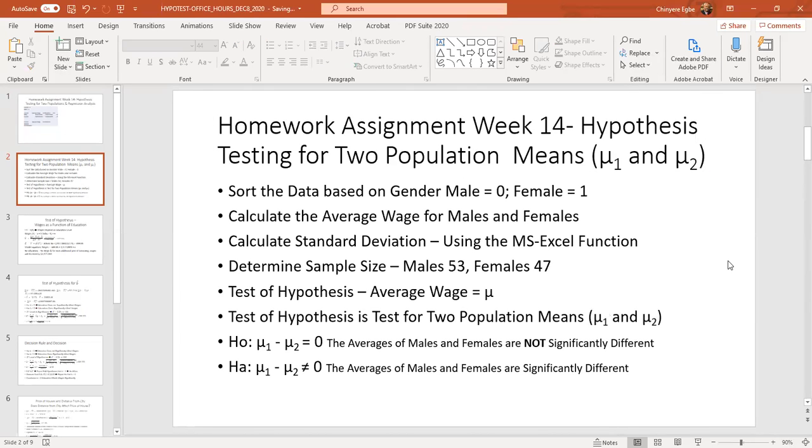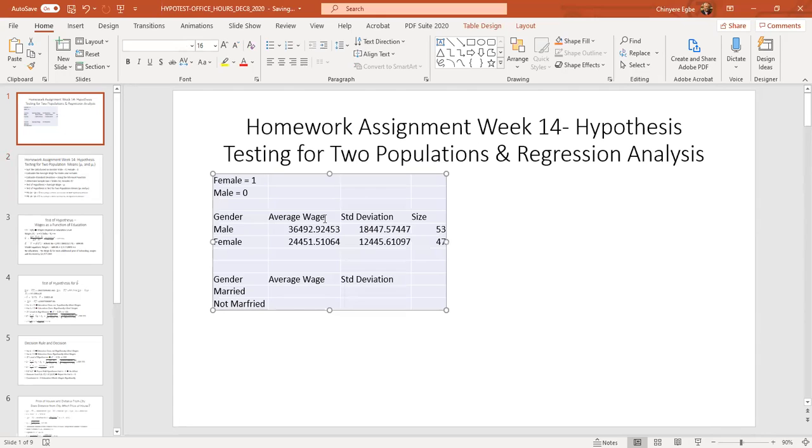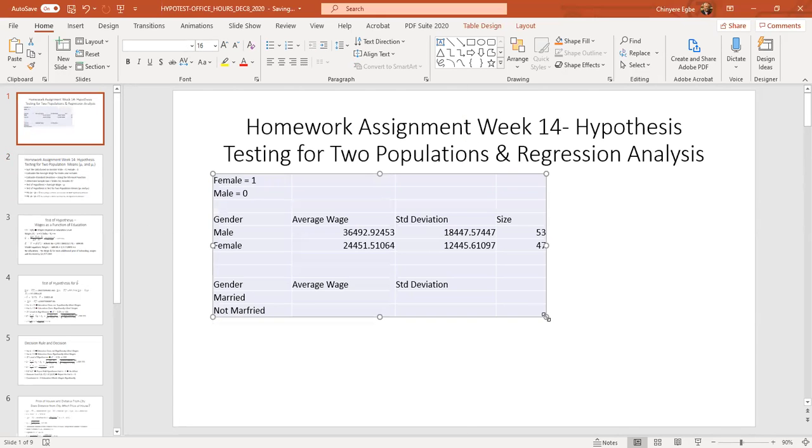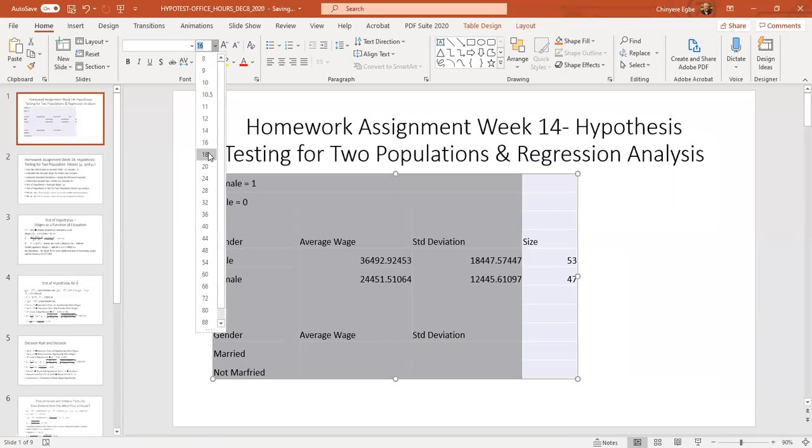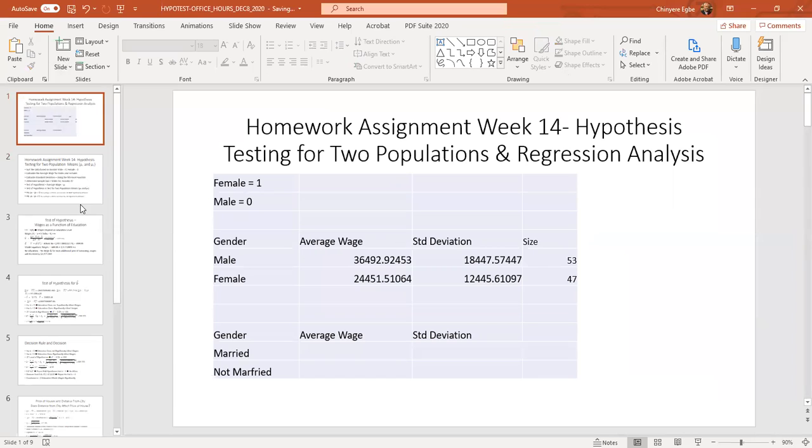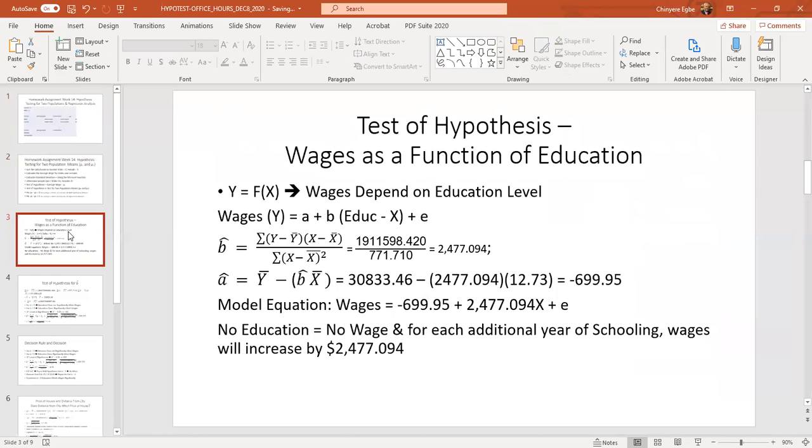Okay. All right. So now, going to the next thing, which is your final exam. Now, your final exam is an example of a hypothesis test as a function of